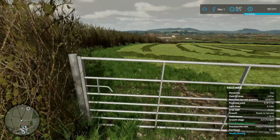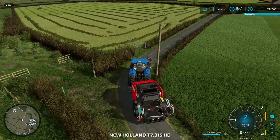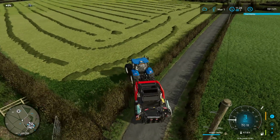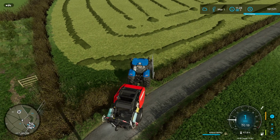And with these new fields too, we should be able to have plenty of silage. Things are starting to fall into place. It just took a little bit of getting over some of those initial challenges, like not having big enough equipment. And apparently now we don't have big enough gates either. So, yep. Let me try to